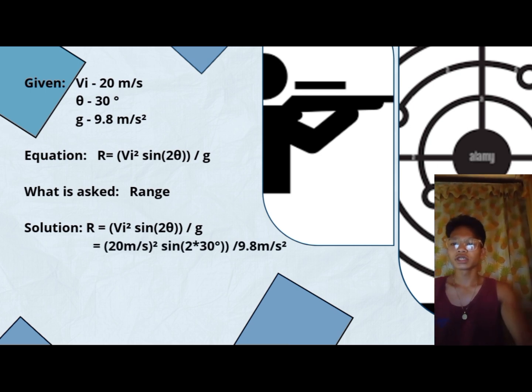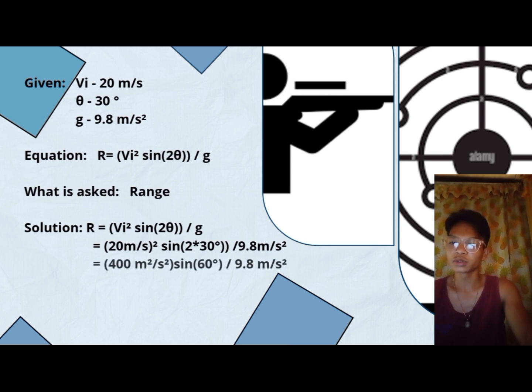You need to substitute the given to the formula. The initial velocity is 20 meters per second, the launch angle is 30 degrees, and the acceleration due to gravity is 9.8 meters per second squared. First, we solve the